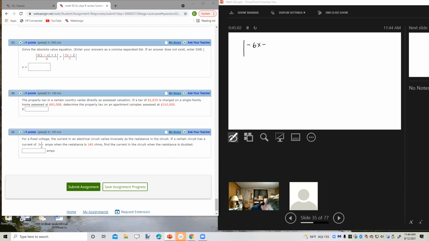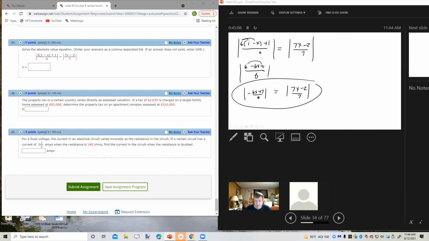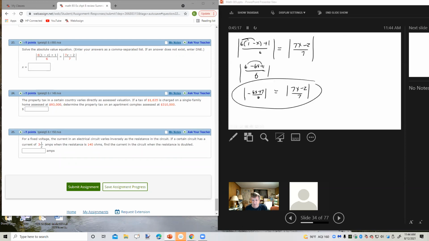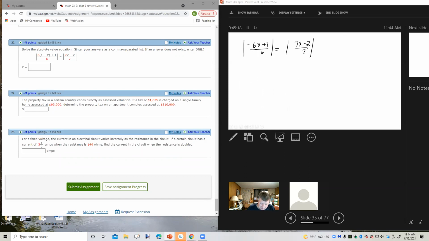Negative 6x plus 7 over 6. Let's see, did I get that right? And then 7x minus 2 over 7. Okay, so my 2 possibilities are negative 6x plus 7 over 6 equals 7x minus 2 over 7, or,